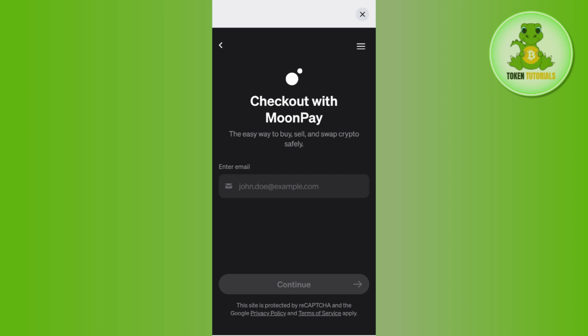Once you do this, you will land on the next page where it will ask you to enter your email address. Here you will first have to create your account on MoonPay. Only then will you be able to get the payment options. After creating your account, you just have to provide your payment method like your debit or credit card, Google Pay, or any other payment method that is available in your country. Then you just have to conclude your payment, and this way you will be able to deposit USDT on your